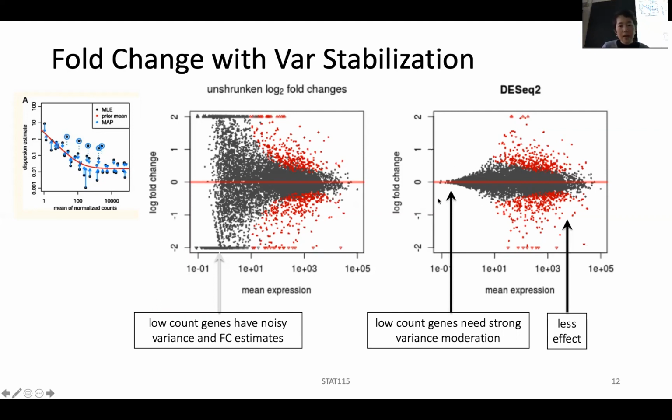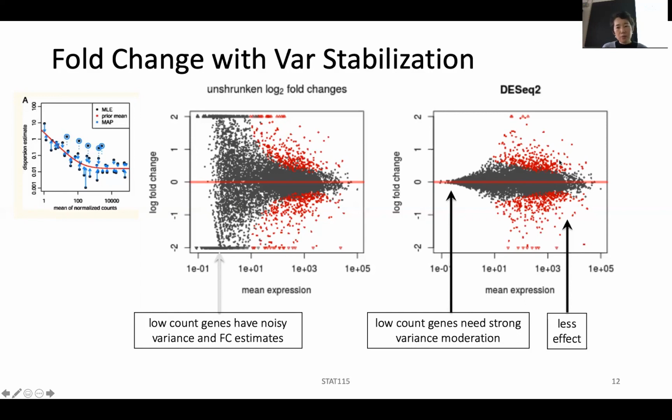You can see here that for the low count genes, you shrink or stabilize their variance, and then these genes are really not called as differentially expressed in terms of fold change, whereas the higher expressed genes look quite similar to before. This would mean that